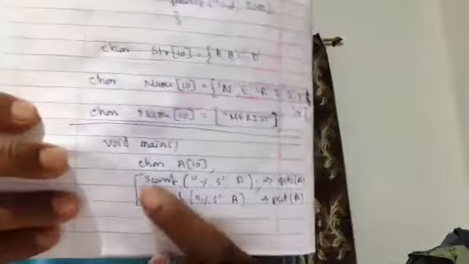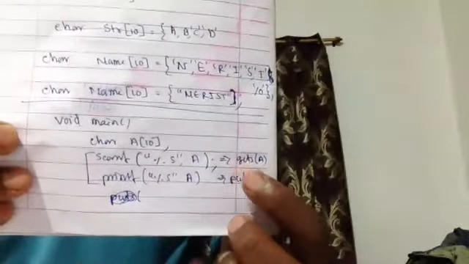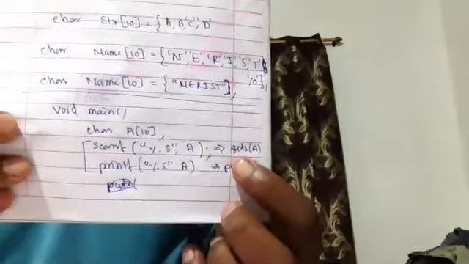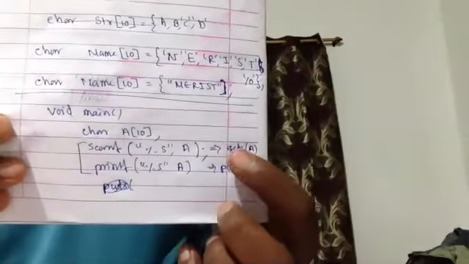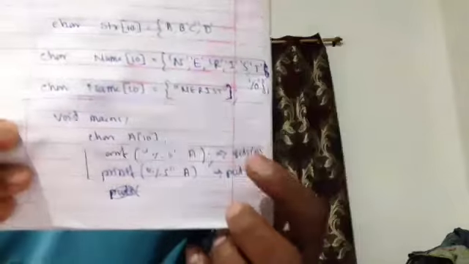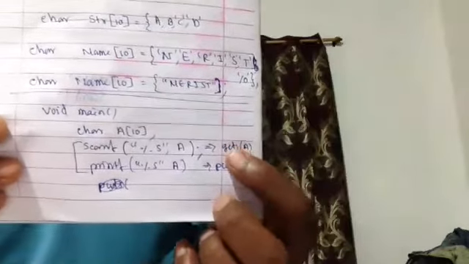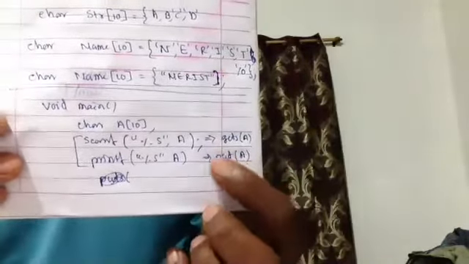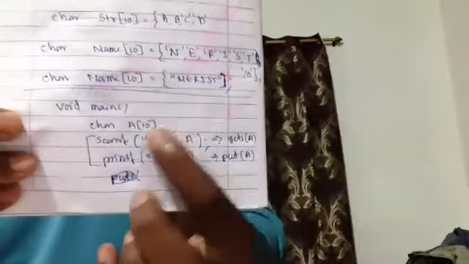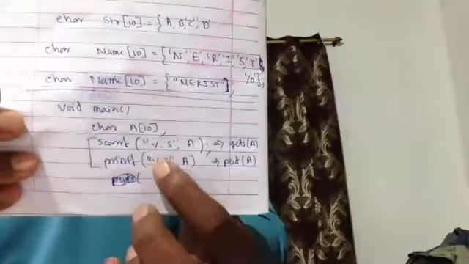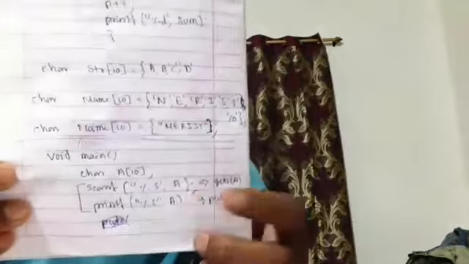I can make it short form. If you put this header file, instead of putting scanf and printf, I can directly put gets. GETS, gets a, means you can input your string. Puts a means display the string. So I can minimize this part. But before putting this, you have to put this header file because I told you functions have two types.